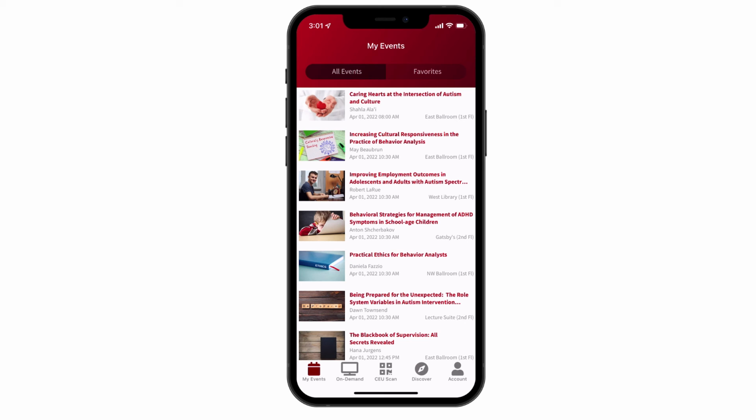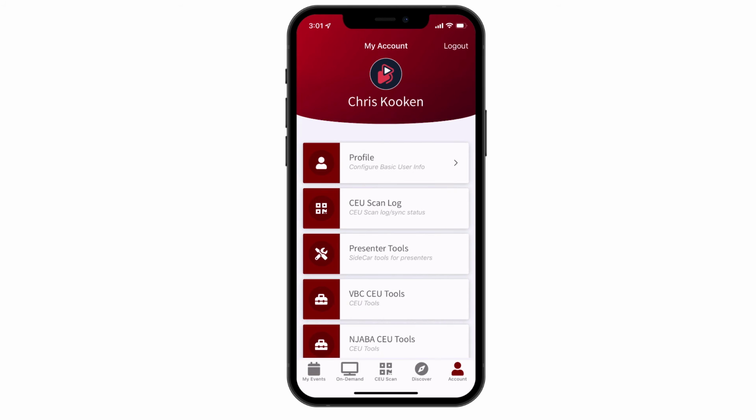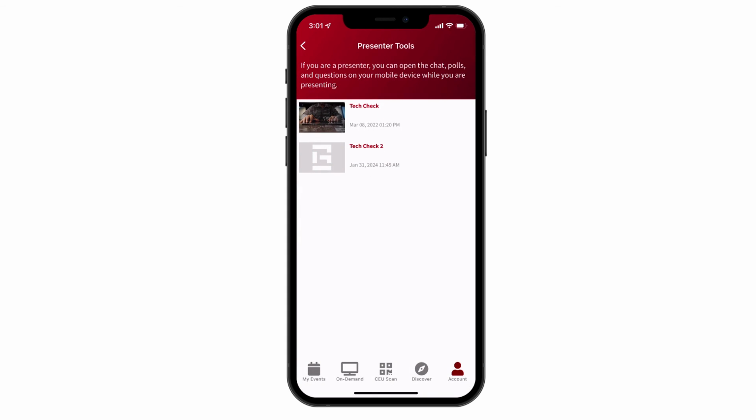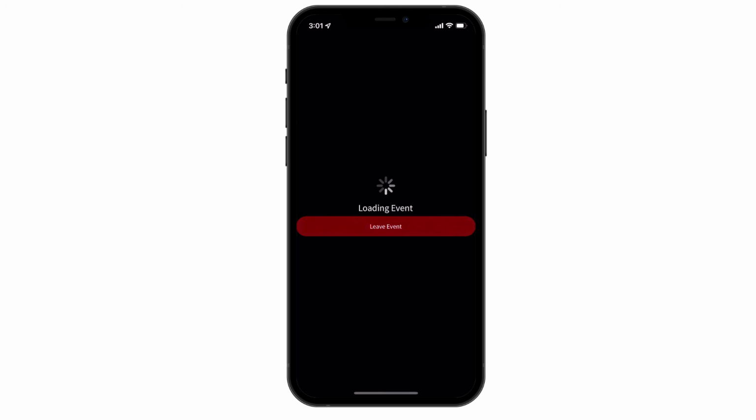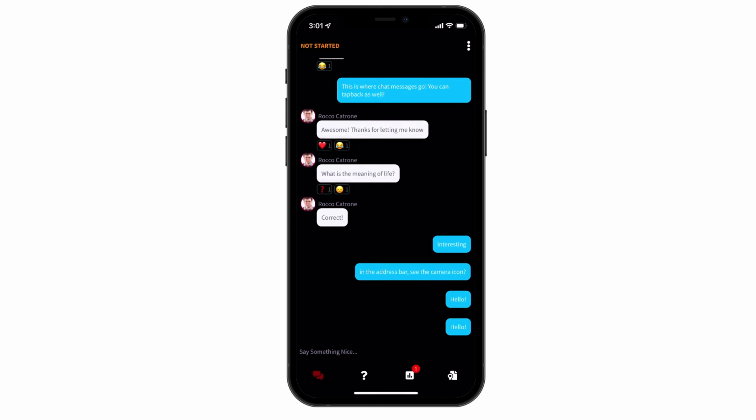So to access the presenter tools, the same presenter tools we just showed on the web, you're going to click Account in the bottom right-hand corner of the screen. And then from there, in the list, you should see Presenter Tools. And when we go into Presenter Tools, you're going to see your events listed there. And same deal, you can just go into your particular events, and it's all laid out for you. So here we don't have quite the robust feature set that the web does, but it's still pretty handy if you just want to keep this discreetly on stage next to you, or you want to check it throughout